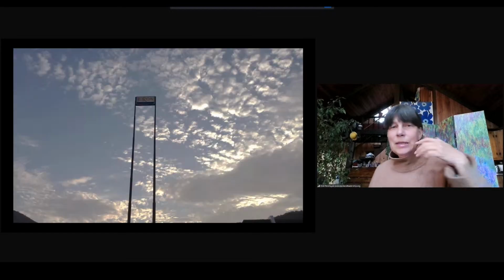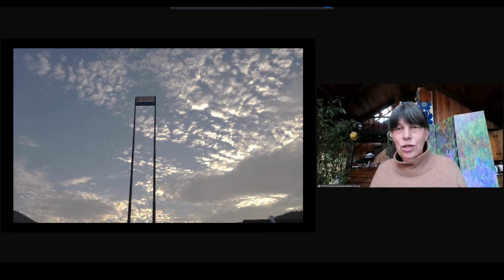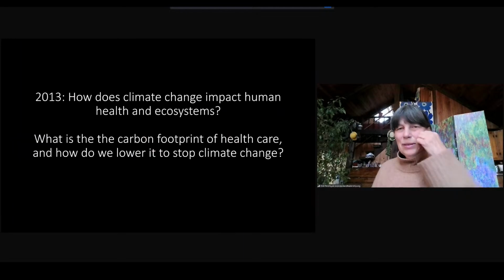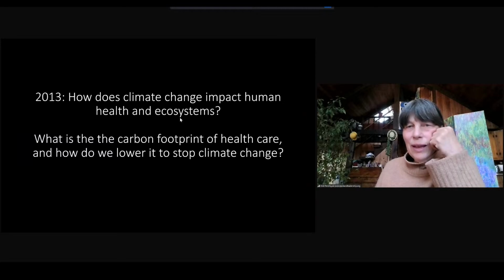At the same time, I was still continuing this thing about climate change, and started realizing, okay, I've got to add climate change into this book, into the stuff that I'm thinking about. I can't just assume someone else is going to deal with that. So I started looking into how climate change impacts human health and ecosystems, and writing about that as part